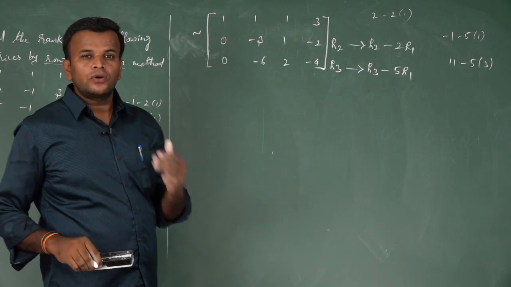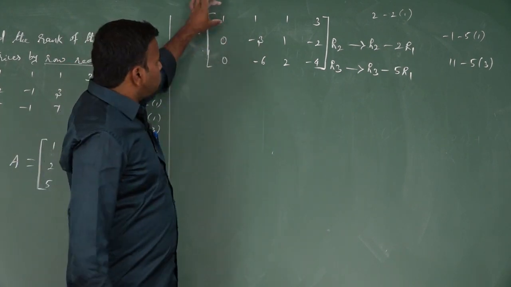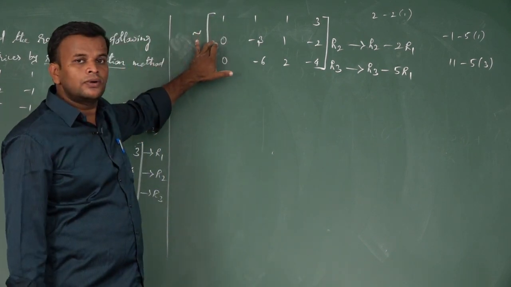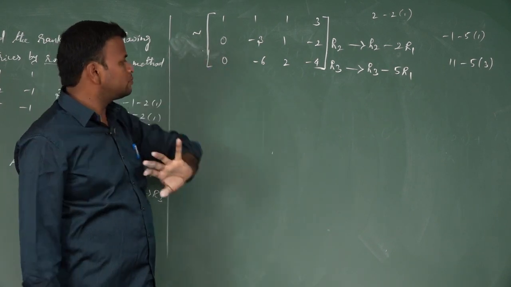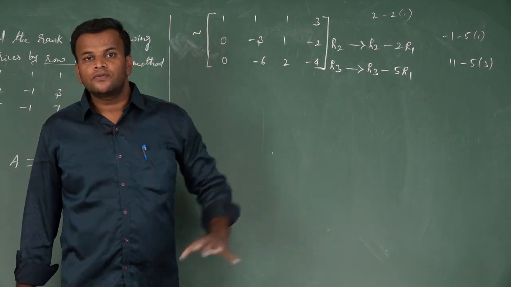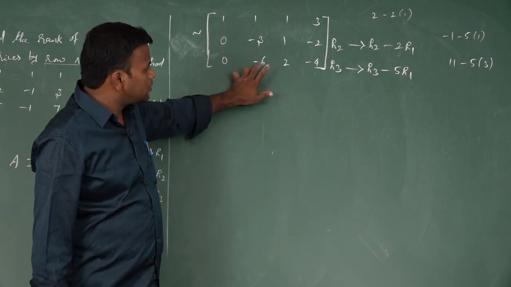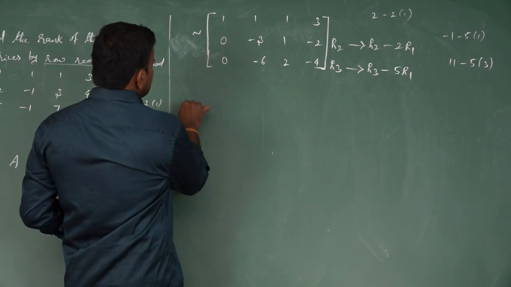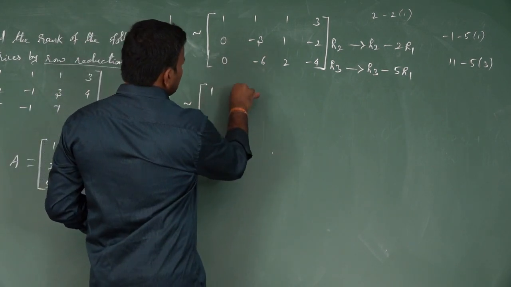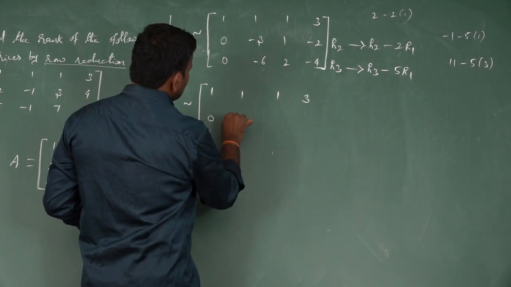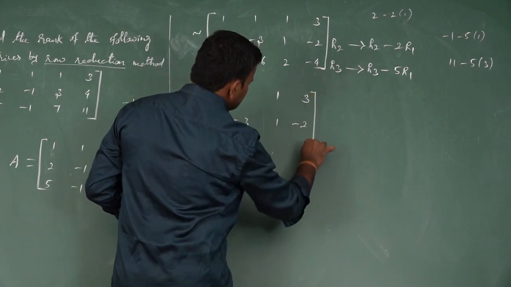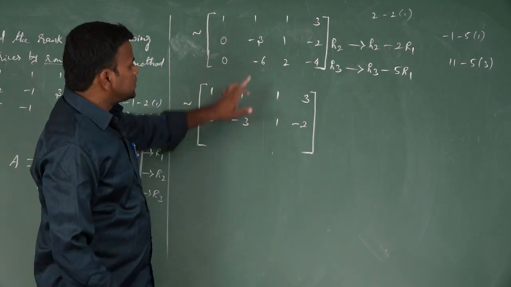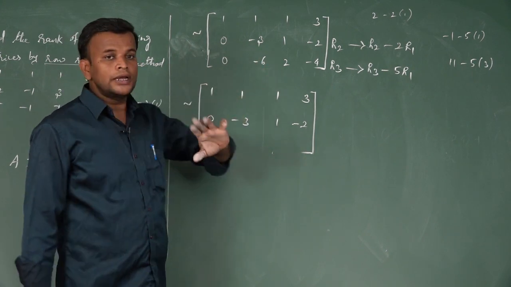So the first step in the row reduction method is to check that one element is non-zero. Next, convert that element to 0. And the third step, this element also becomes 0. Otherwise it is not an echelon form. At least the triangle shape of elements must become 0. So we don't change the first row and the second row. I change only these elements to 0, so our work is only for the third row.